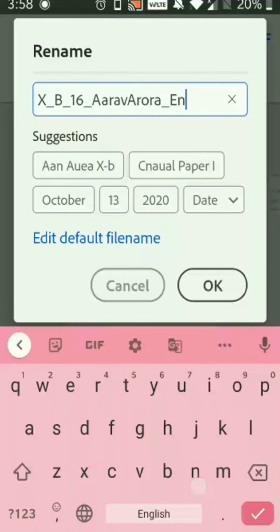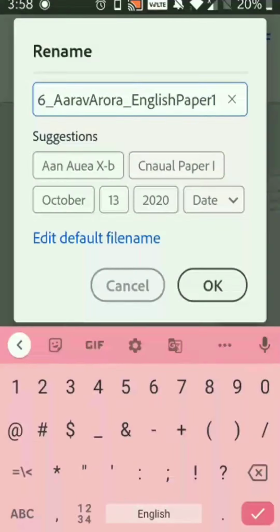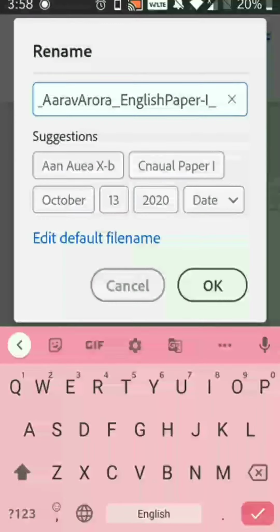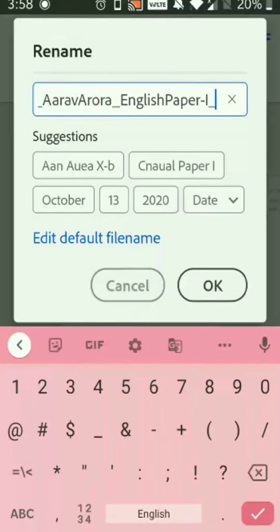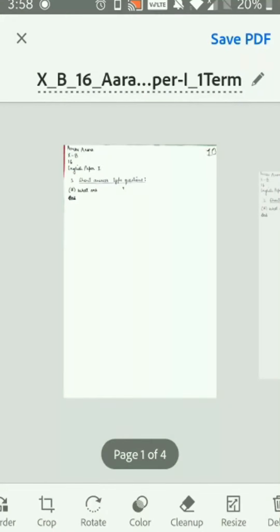Write down your subject, English, paper 1, and underscore write down first term. Now click on OK. Now it's time to save the PDF.